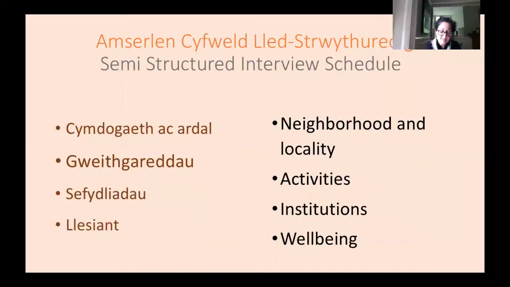We will be using a semi-structured interview schedule questionnaire with individual respondents. The schedule will explore neighbourhood and locality, activities, institutions, with well-being as a cross-cutting theme. 3 key aims are addressed within these headings. Firstly, to explore the role of statutory resources, built assets such as central meeting place, healthcare, social care, and their effect upon well-being. Secondly, to explore elements that are citizen-led, non-statutory, are born of interest or personal choice in activities. Thirdly, and most crucially, it's the relationship between the two.